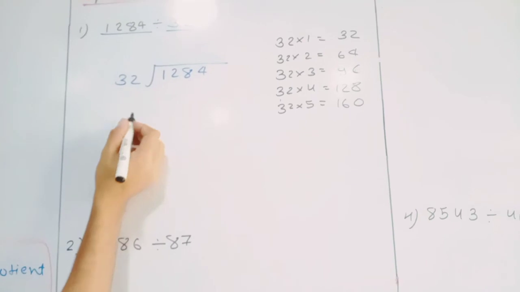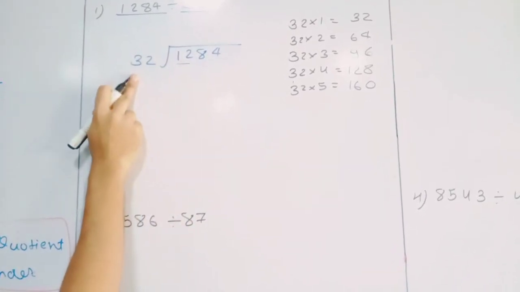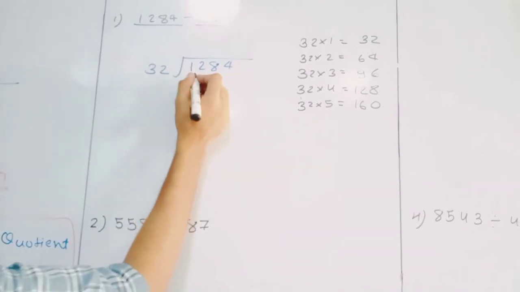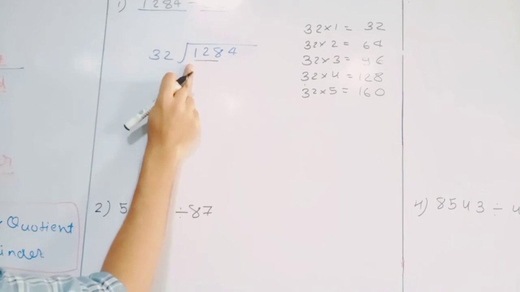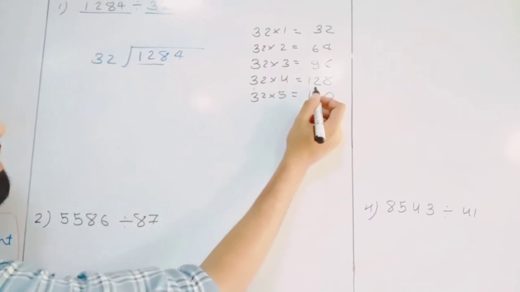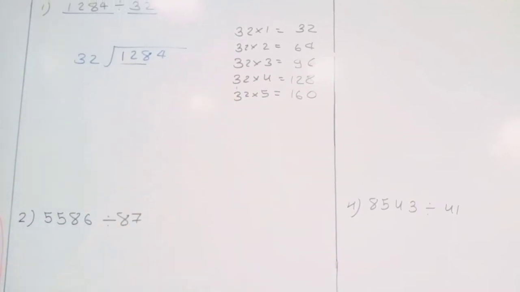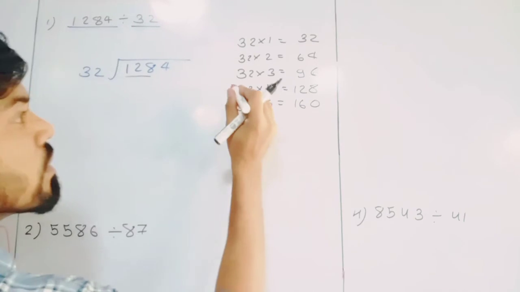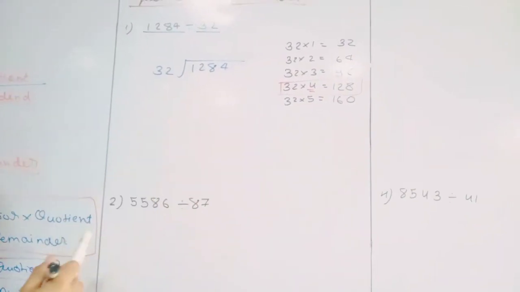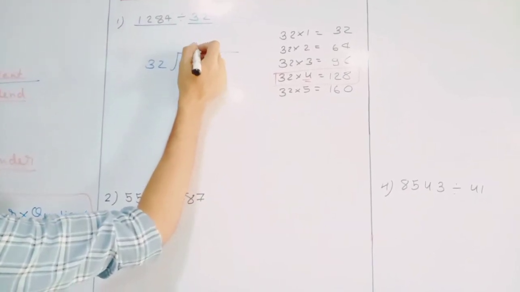Let's start our division. Now the first 2 digits we have are 12, which is less than the divisor. Always our dividend part should be more than the divisor. So we will consider the 3 digits, that is 128. Are we getting any number nearer to the 128? Yes, we have this 128, which we can say is at 4 times. So we have to do 32 4s are